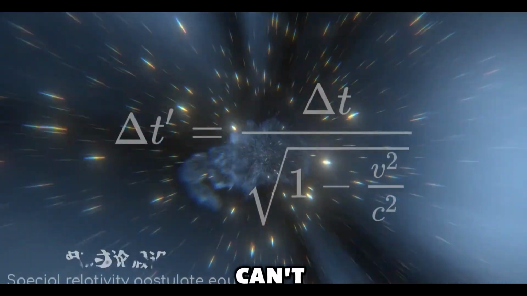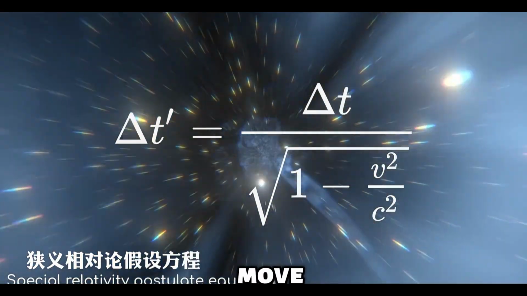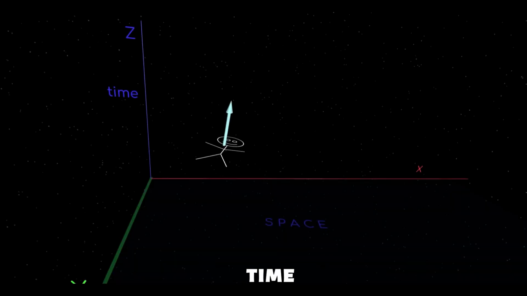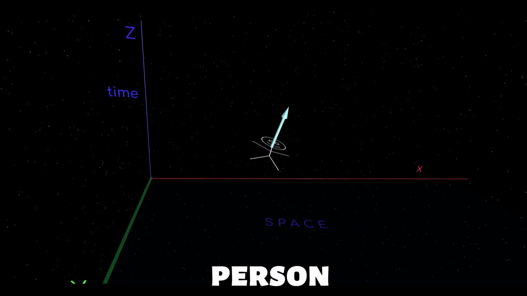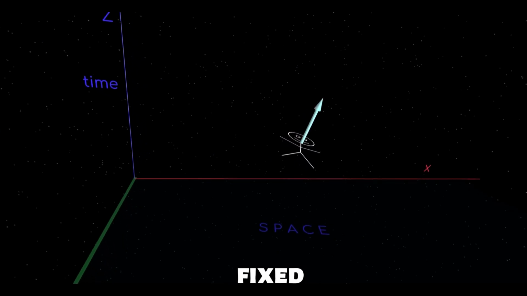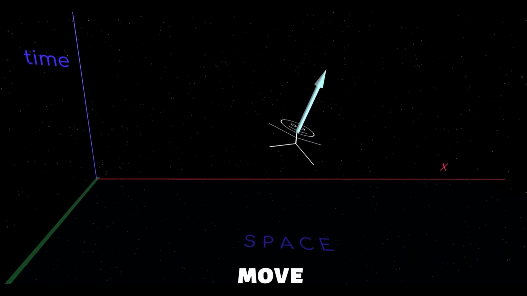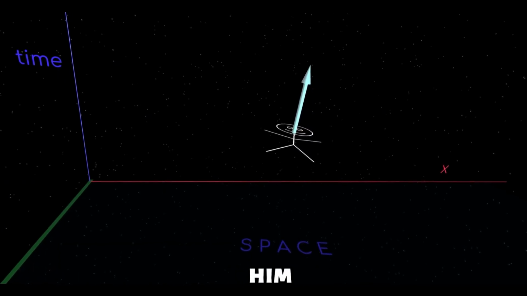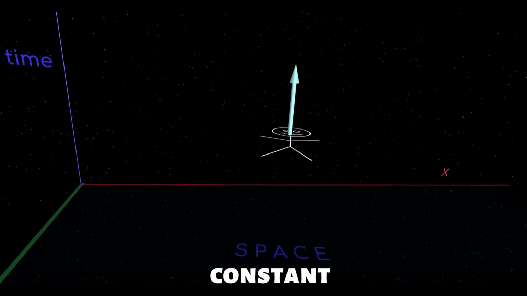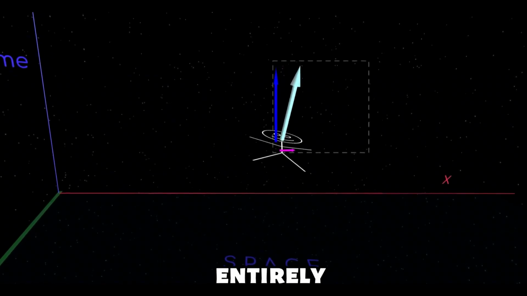Because it seems we can't fully control our ability to travel through space and time. The faster we move through space, the slower we move through time. This model can express the idea using vectors. When our little person tries to move left or right, his travel vector shifts at a fixed speed, like a sailboat being pushed by the wind. We can only move forward at the speed the wind carries us, so the total quantity in front of him must always remain constant. To move through time as fast as possible, the vector must point entirely upward toward the